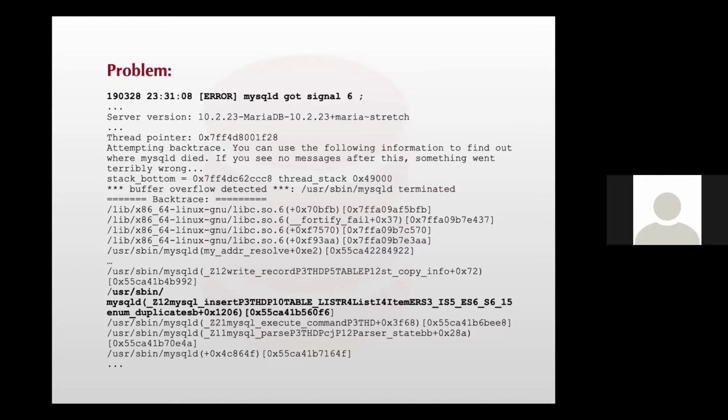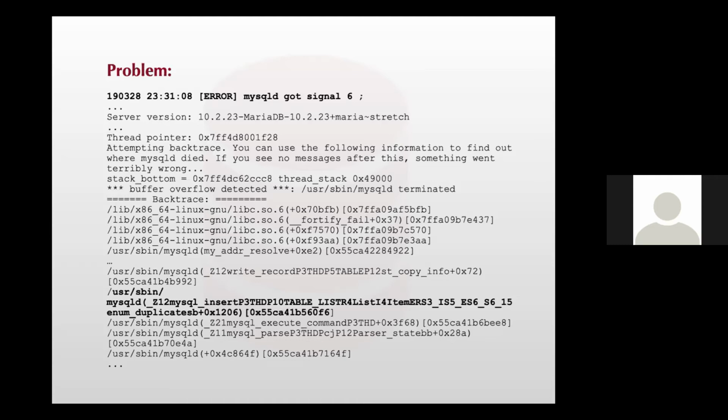Sure, definitely. So now I would just like to explain two problems here. Whenever MySQL or MariaDB crashes, it will log some details into the error log, especially either assertion failures for a particular code, function, or file, or you will get the mysqld got signal 6 or 11.